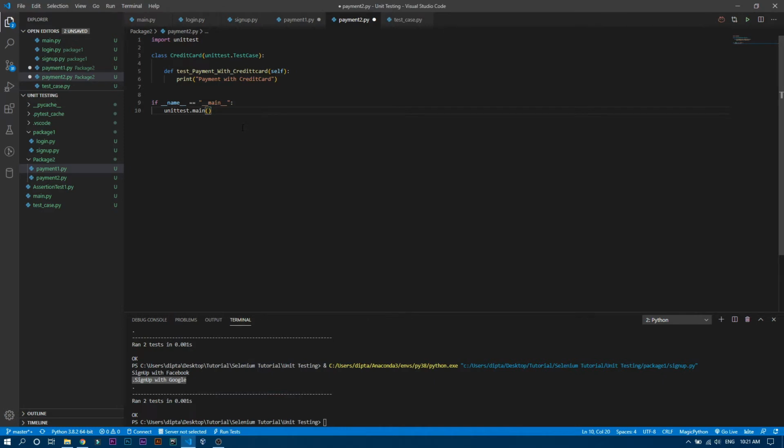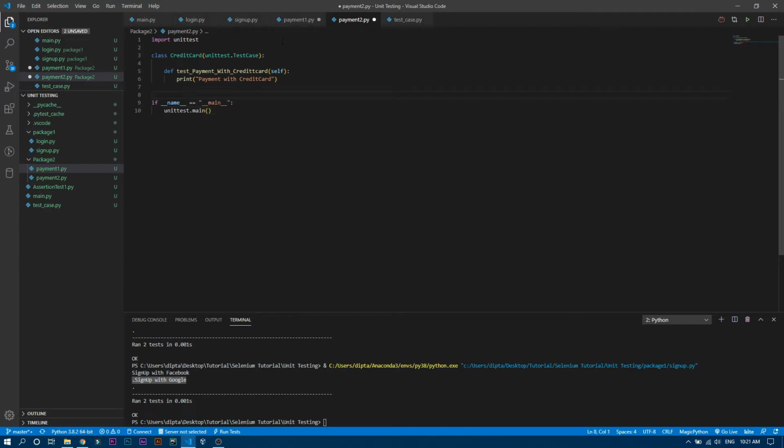Okay, so for login you made a separate Python file, then for sign up you made a separate Python file. So whenever there is some login button, you will just run that particular login Python file and it will perform that task, right? Similarly, whenever there is a sign up button, you will only run the signup.py and it will perform that particular task, right? So in this way you can make different Python files, and then we are going to see how to run all the separate Python files in one Python file, that is main.py.